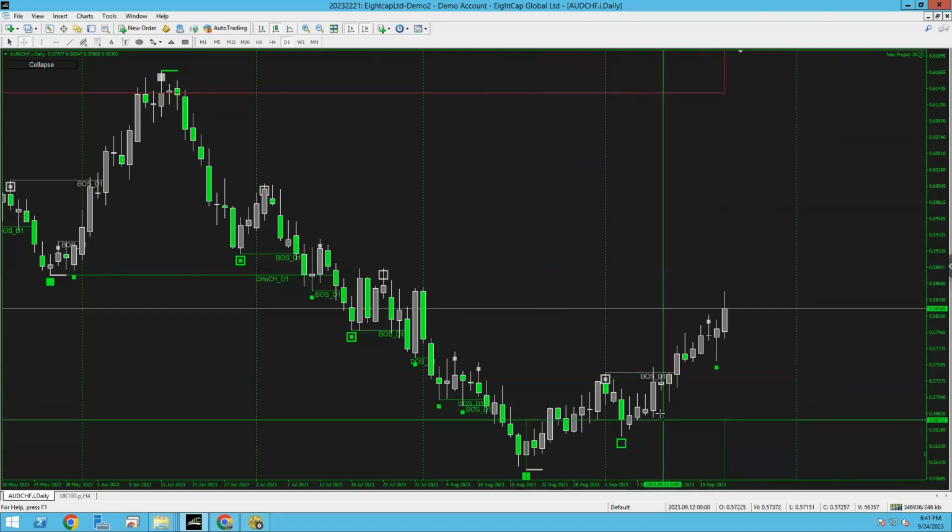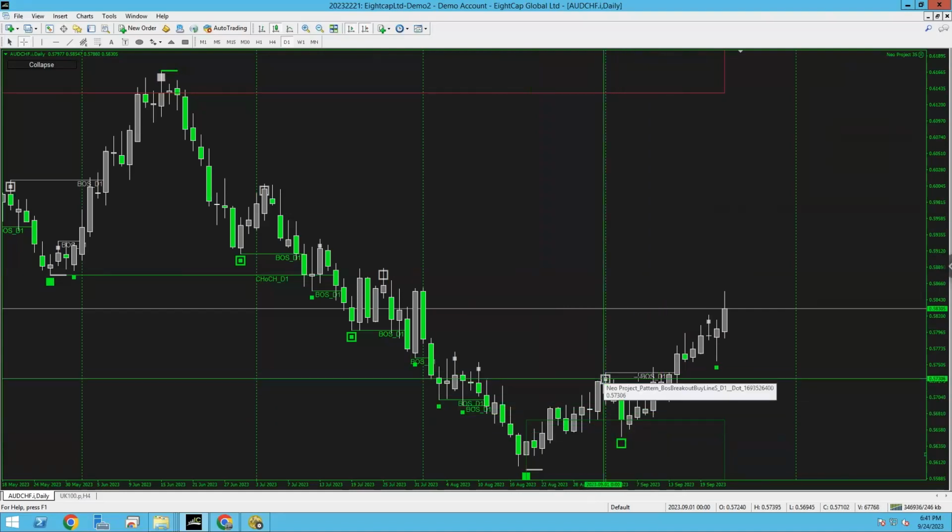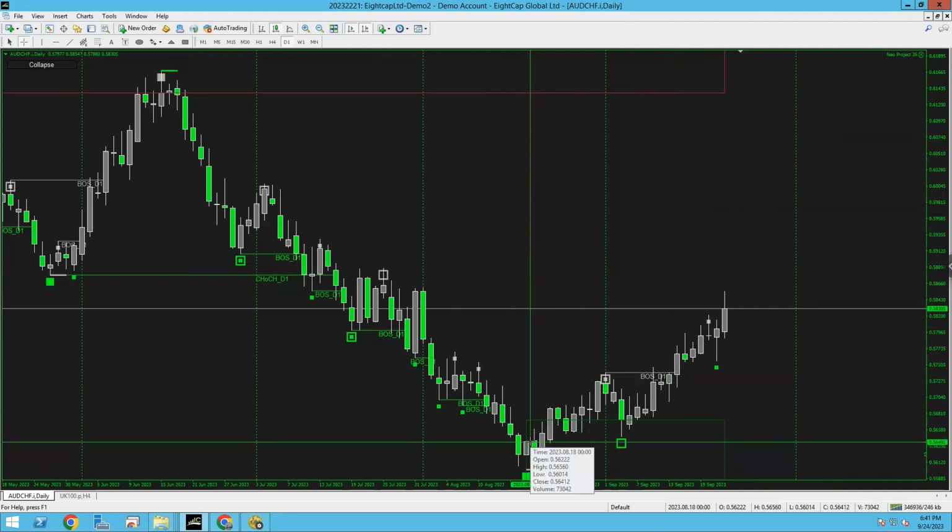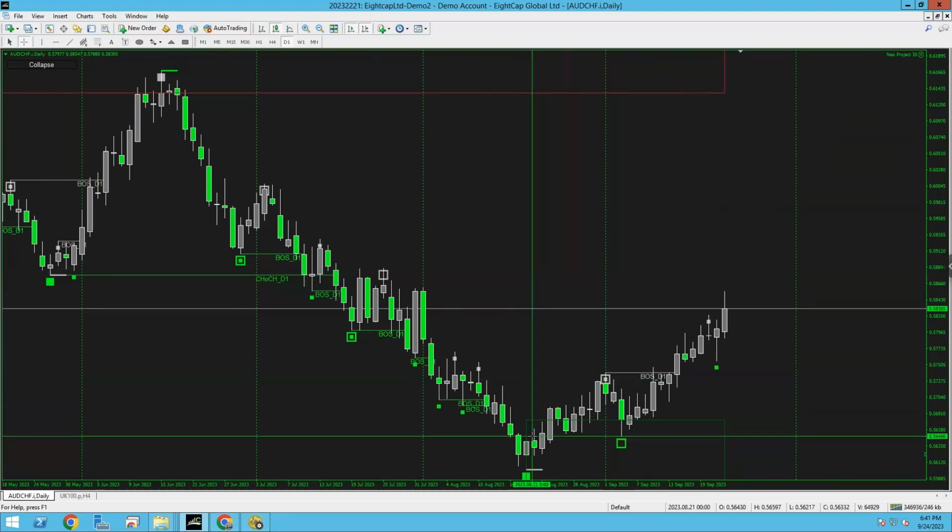It will pick up the break of structure. As you can see, there was one here. Here was a high and price action broke there, but there was also one here. Like I've said, obviously the 4-hour chart might have shown this one here, but it's impossible for any indicator to pick up every break of structure. I want to make that very clear.